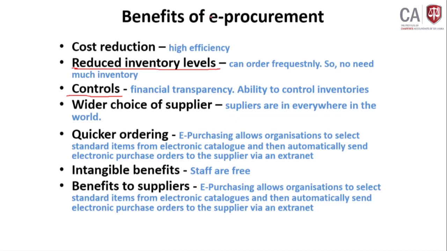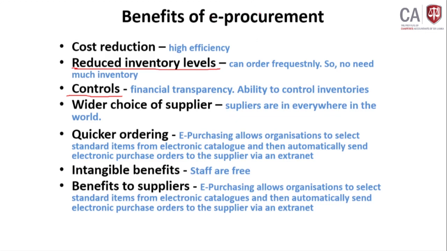When you are publishing in the newspaper and a process is going on, if you are going to redo it, you have to publish it again. But in the e-procurement system, you can stop if you want, and then you can reopen it to the suppliers and notify them instantly. Very quickly you can notify the suppliers, okay, now we have started the procurement, you can bid now.